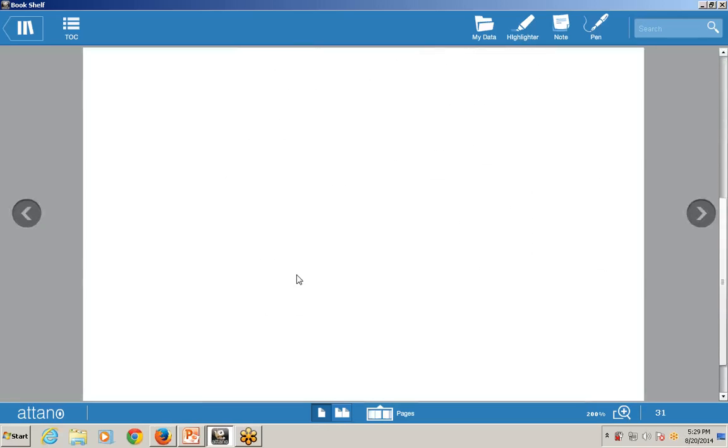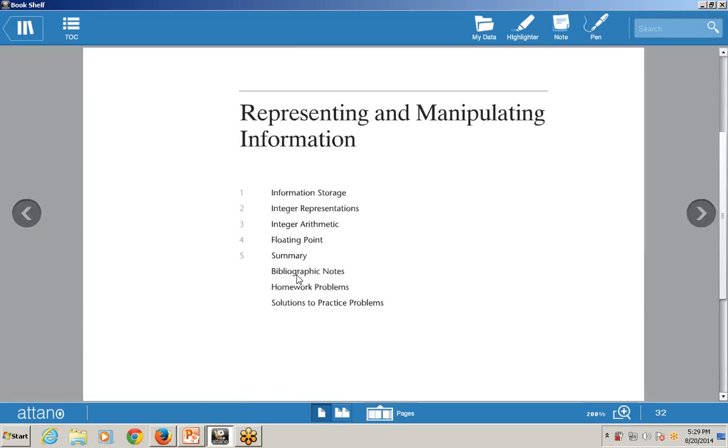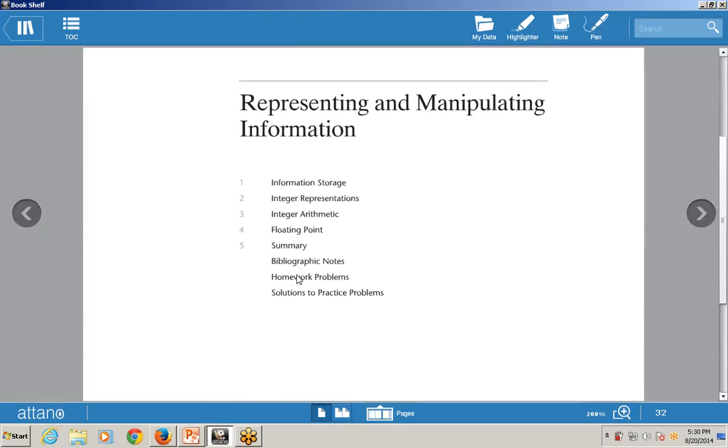Now today I am going to start with chapter number 2, that is representing and manipulating information. As the name suggests, representing and manipulating information means how we can represent and how we can manipulate the information in computer system. Representation means how we can represent the data or the file with the use of multiple number systems like hexadecimal, binary, octal number system. So there are multiple methods by which we can represent our information.